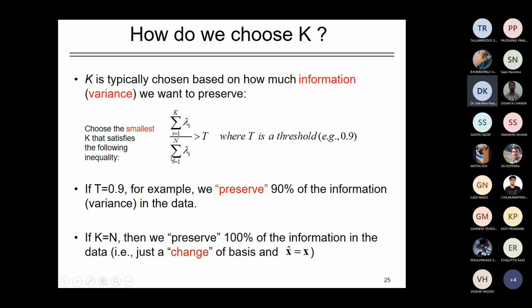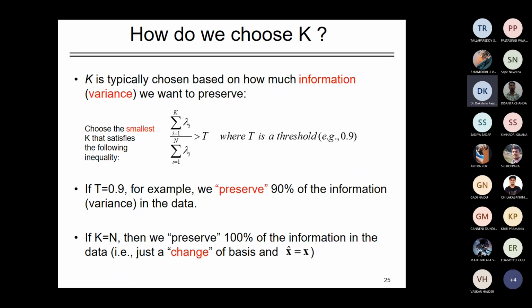That means we are considering the eigenvalues for n features, and on the other hand the eigenvalues for k features. Now we will take the ratio of these two,